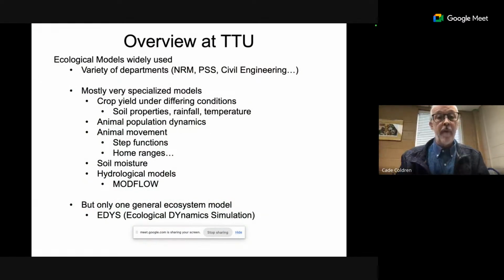There are a number of models that are being used here at Tech in the different departments like natural resource management, plant and soil science, civil engineering, but they're all very specialized. So things like crop models under different conditions, animal population dynamics, animal movements, soil moisture, hydrologic models, but there's only one real general ecosystem model called EDYS. And this is the one that I've been involved with now for 27 years